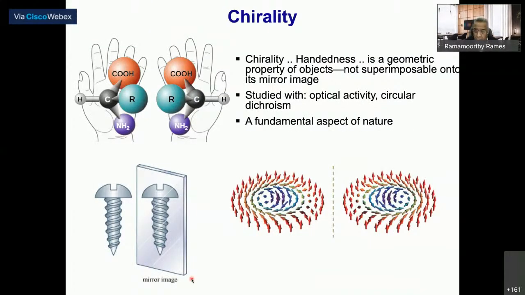Let's now talk about something even more exotic. I'm very fascinated by this because it's such a fundamental aspect of nature. This has to do with chirality. And many of you deal with chiral systems. A magnetic system by definition is chiral. But a good example would be amino acids or